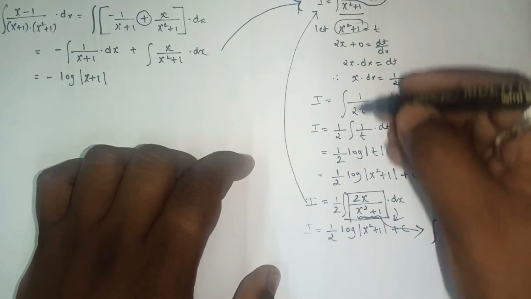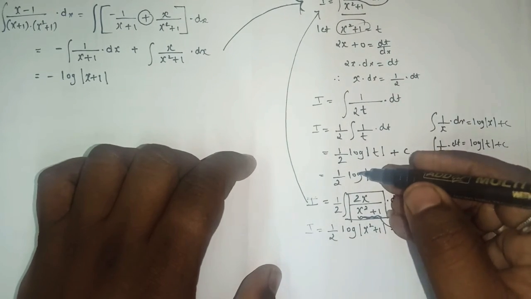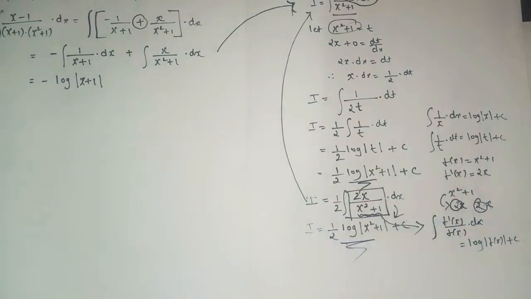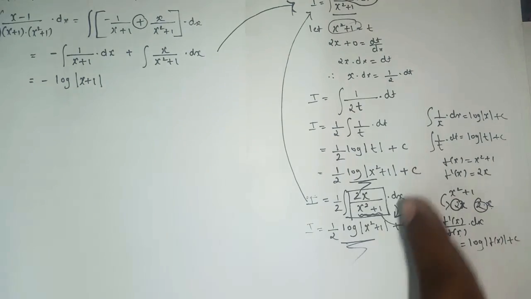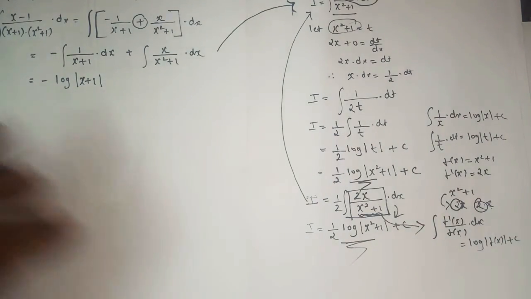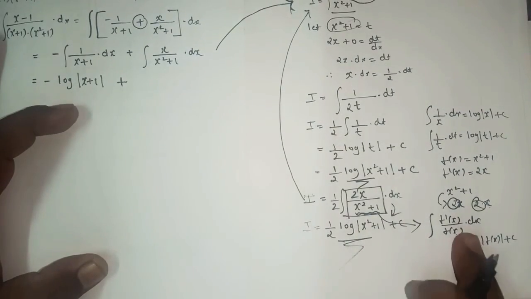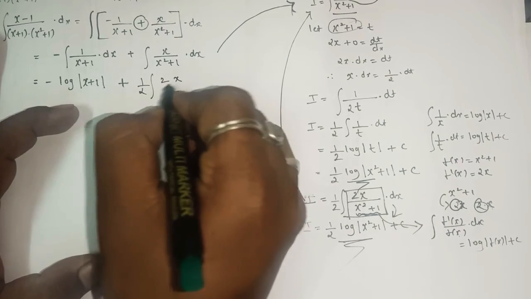Or else if you apply the let method you will get the answer, it will take time, but still you are getting the same answer in both the sections. So now it is up to you whether you solve the second part by using the let method or by using the direct property. Okay, so here we'll do it by this property method, yes or no? So simply multiply and divide by 2.